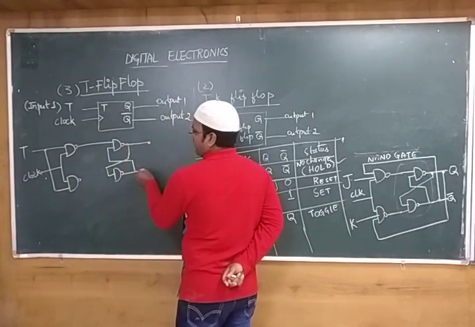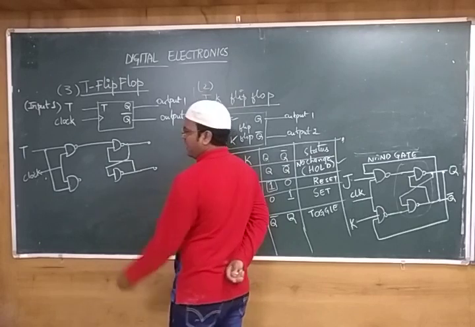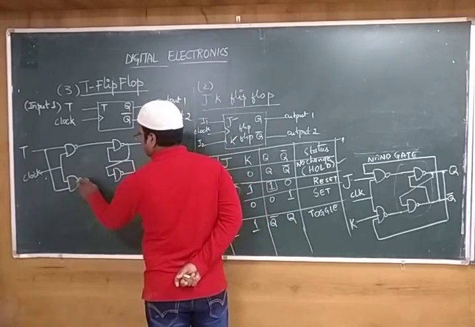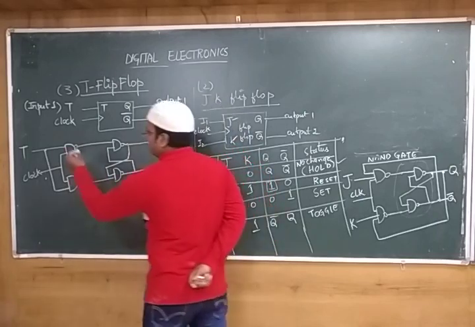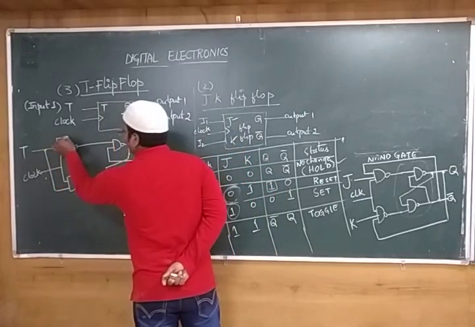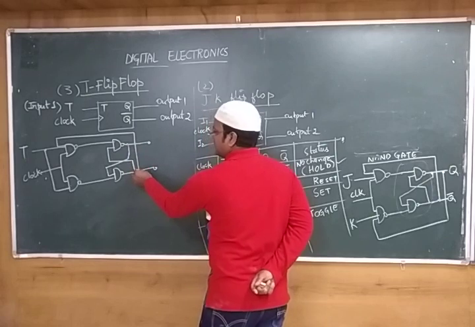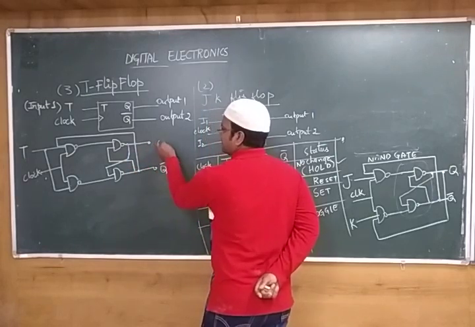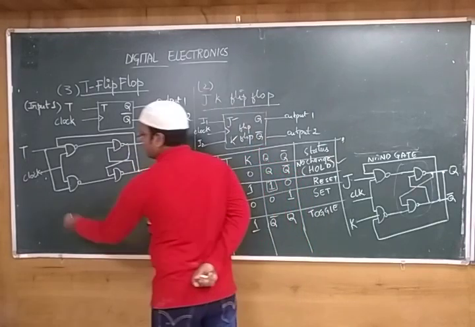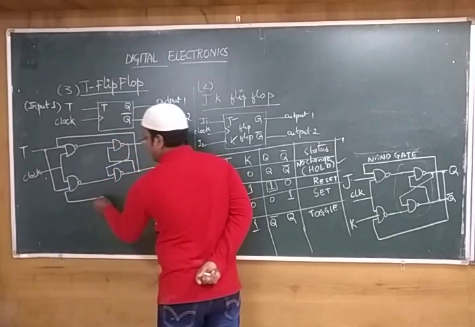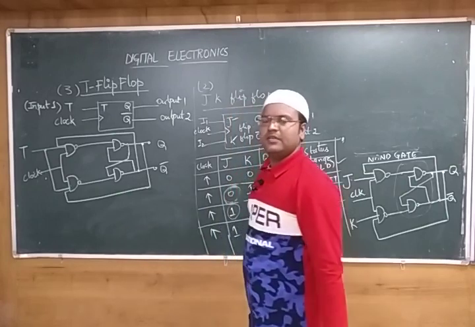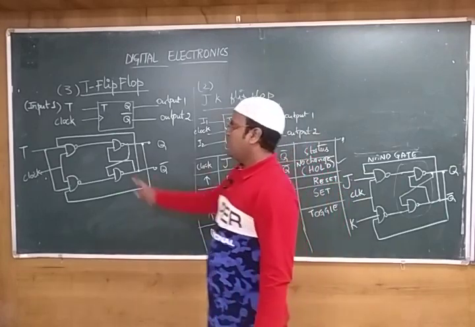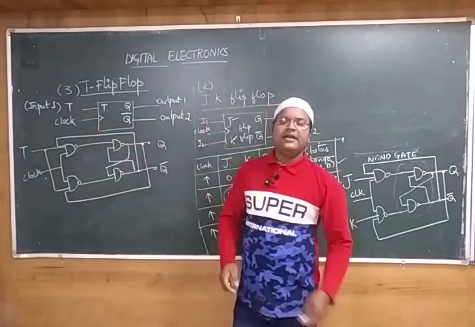And one more thing, I have to get a connection from this, right? So suppose I have a connection like this. And one more, the input of this will be passed to the output of the Q bar. This is your Q. Likewise, here also, the input of the first NAND gate is passing to the output of the next NAND gate. This is the circuitry representation for the toggle flip-flop, or T flip-flop.